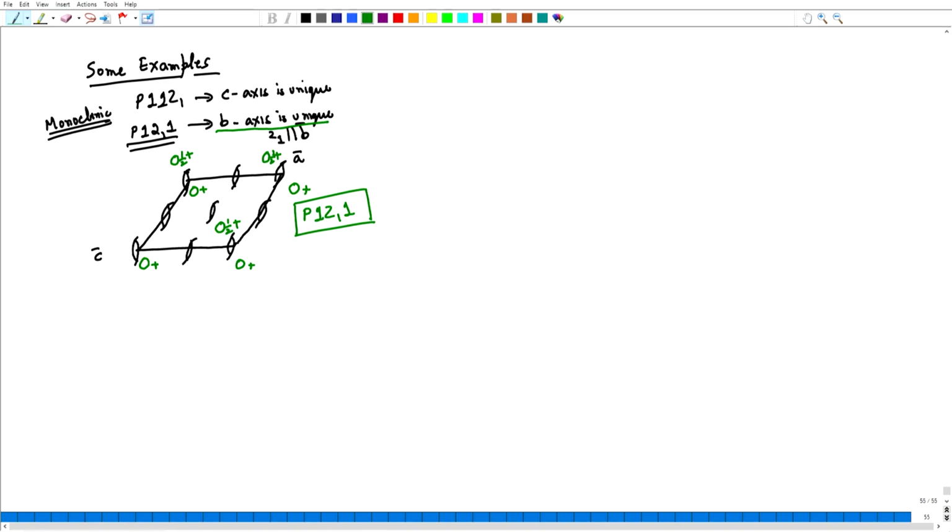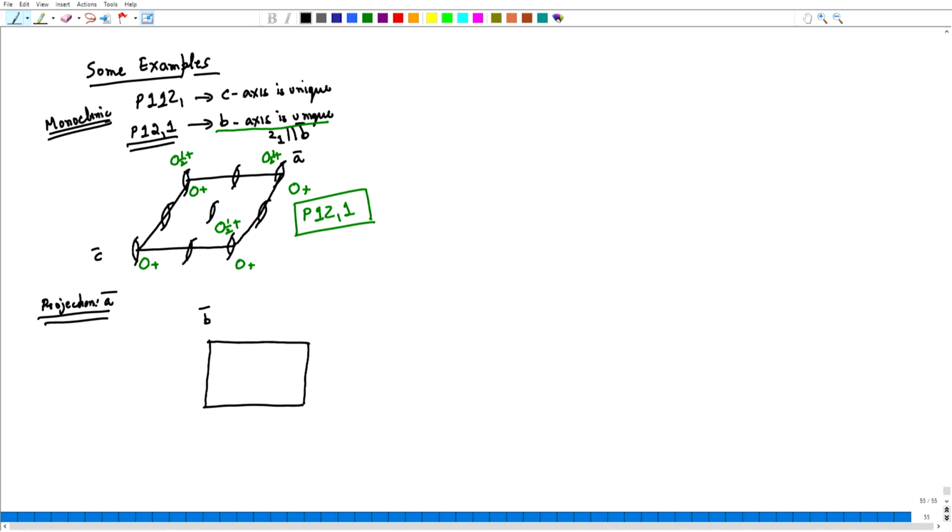But now consider a different orientation. So, B is perpendicular. So, the BC plane is a rectangle, the AB plane is also a rectangle. So, let us do a projection such that the BC plane gets projected. So, I have the B axis here. So, project along A. So, the projection is along A.